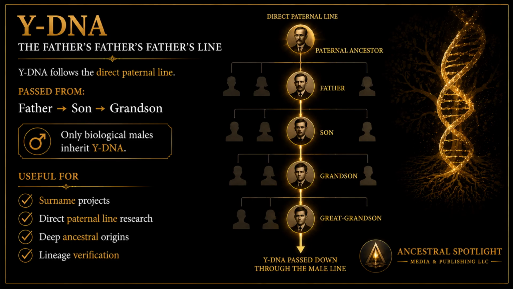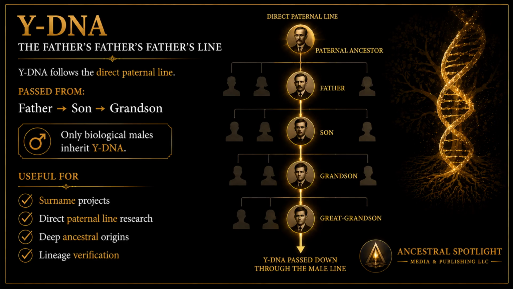Y-DNA is very different from autosomal DNA. It follows one specific path through your family tree, the direct paternal line. A father passes his Y chromosome to his sons, who then pass it to their sons. Because surnames often follow the same path, Y-DNA can be extremely useful for surname studies and lineage verification. Females do not inherit Y-DNA, but they can test a father, brother, uncle, or other male relative to explore that